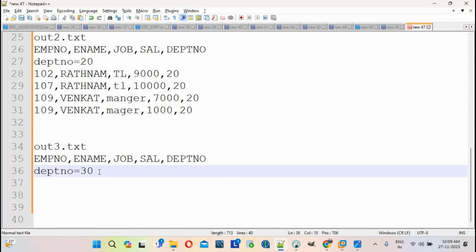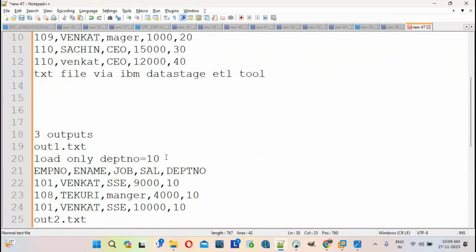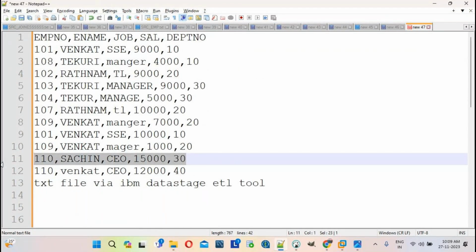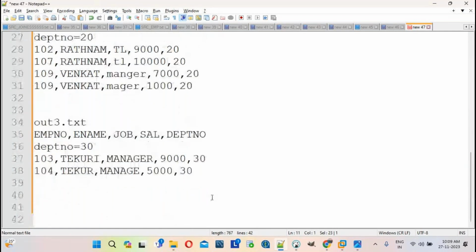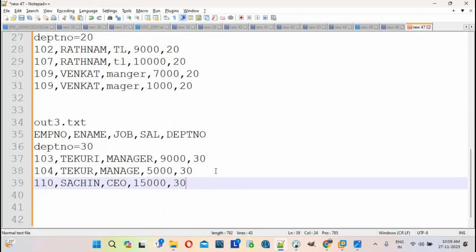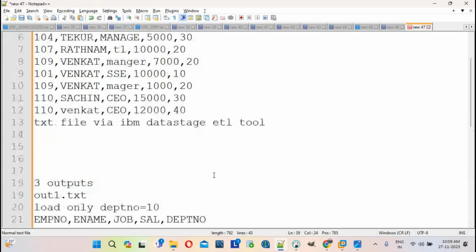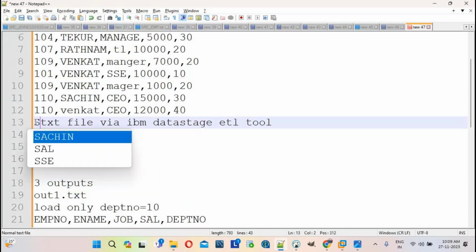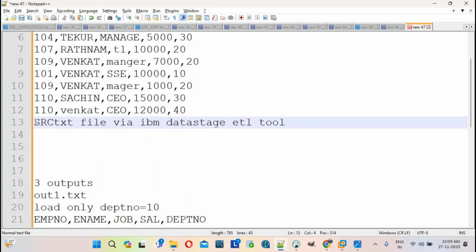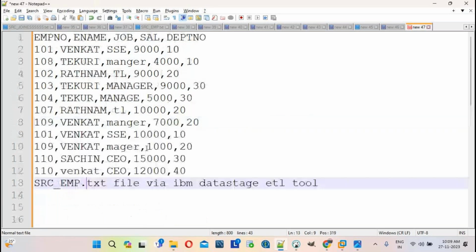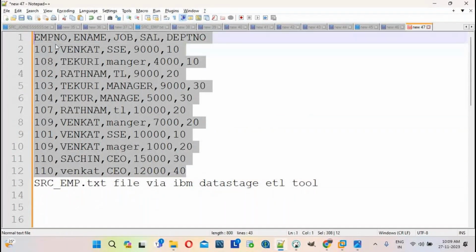My requirement is, you have to understand the requirement. If you understand the requirement, it is very easy to implement in DataStage. So what is the requirement? My customer is giving one text file called src_emp.txt. I want to read this data. This is a comma delimited